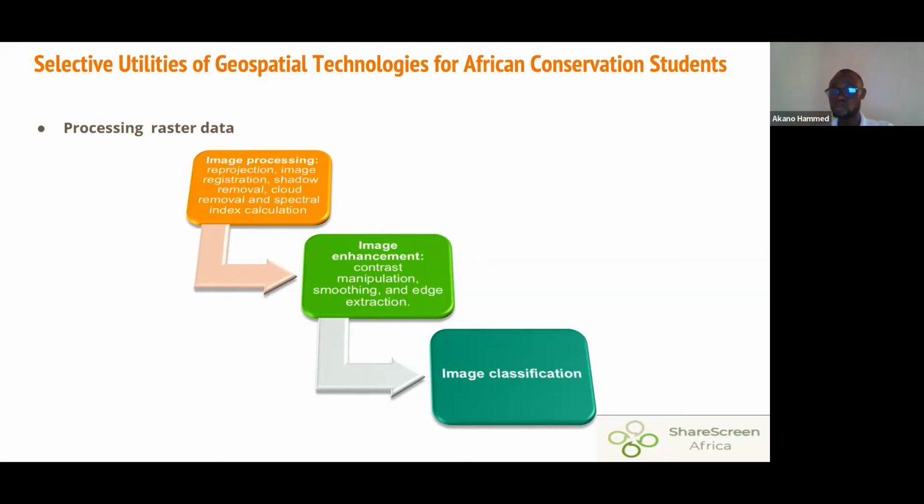And also maybe you want to do radiometric correction or atmospheric correction. We have a lot of cloud cover, so you need to know this when you are processing your remote sensing data, or you want to remove shadow, or do image registration, or some spectral index calculation. For example, you calculate NDVI. And also, to get a robust result when working with remote sensing, you need to know how to use these techniques,